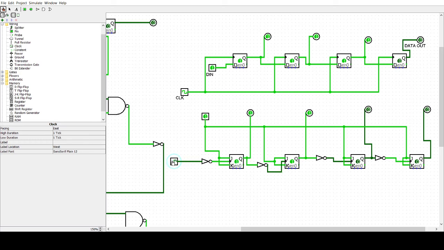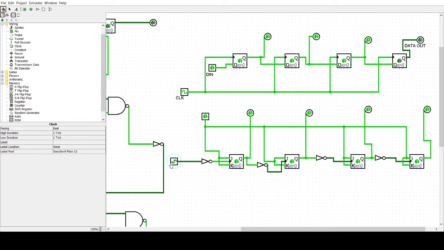Okay, 0 0 1 1, 0 1 0 0 is 4, 0 1 0 1 is 5, 0 1 1 0 is 6, 0 1 1 1 is 7, 1 0 0 0 is 8, 1 0 0 1 is 9, 1 0 1 0 is 10, 1 0 1 1 is 11, 1 1 0 0 is 12, 1 1 0 1 is 13, 1 1 1 0 is 14, 1 1 1 1 is 15.